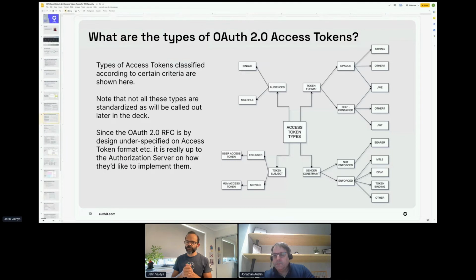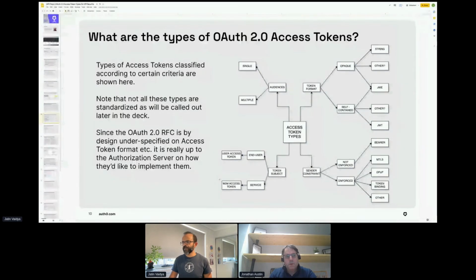For example, your typical scenario where you would like to import your Google contacts on LinkedIn, where an actual end user is required. And the other one is the machine to machine token, where one service is simply communicating with the API, so there is no user identity involved in this scenario.